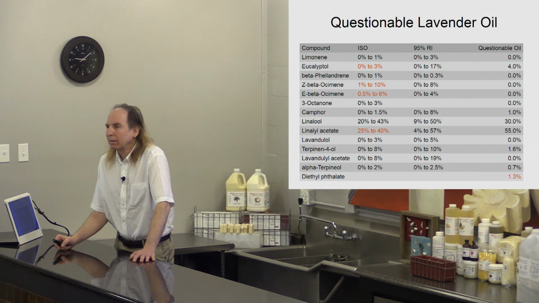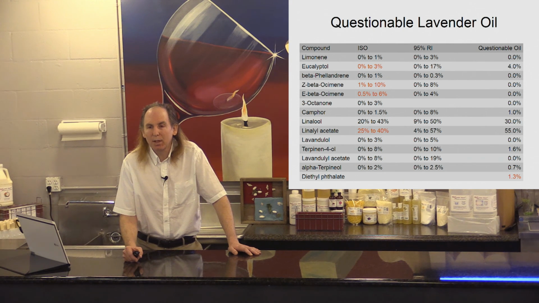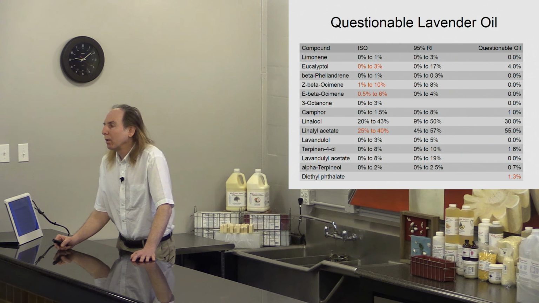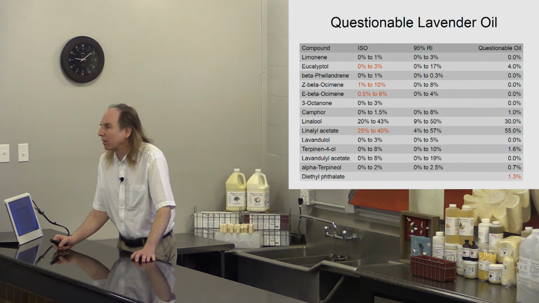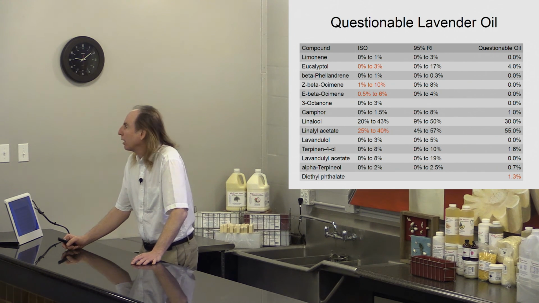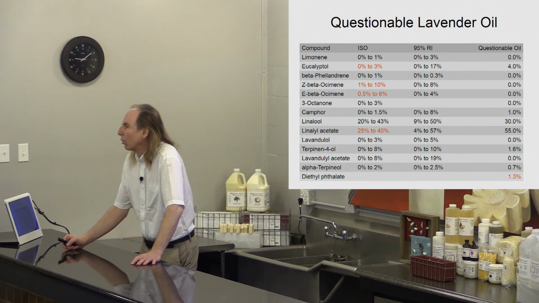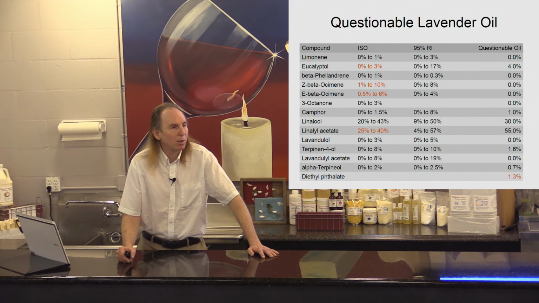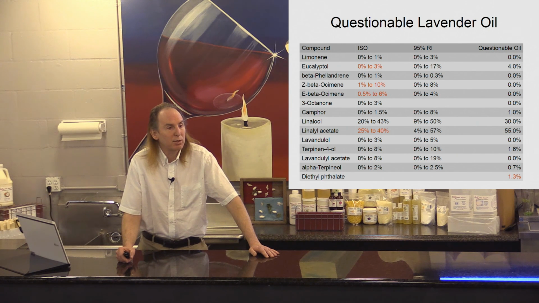Diethyl phthalate doesn't belong in any essential oil. So it's not just that it's something that should be there in the wrong percentage, it actually should not be there. And I have to ask myself, would somebody add 1.3% diethyl phthalate to an essential oil? There's really no economic incentive there. So how did it get there? Diethyl phthalate is a common plasticizer. Somewhere along the processing of this oil, I'll bet it was in a plastic container or running through plastic tubing, or some plastic was used and the diethyl phthalate leached into the